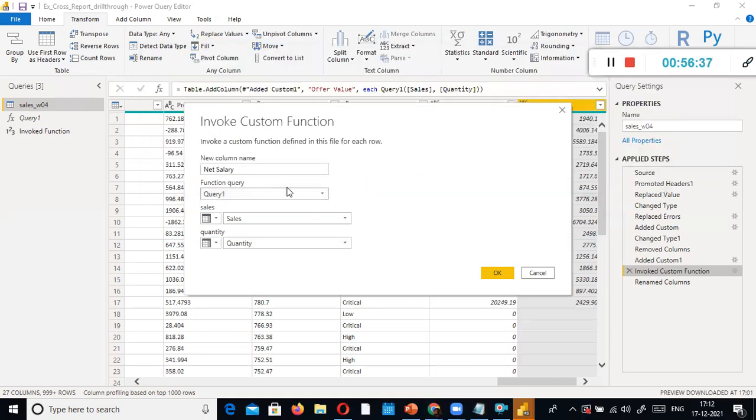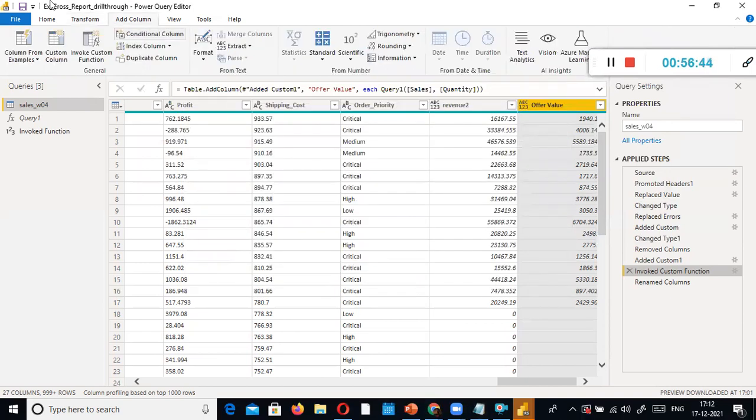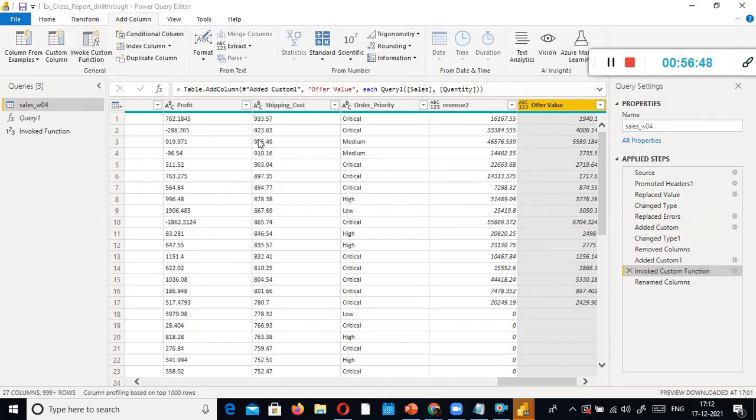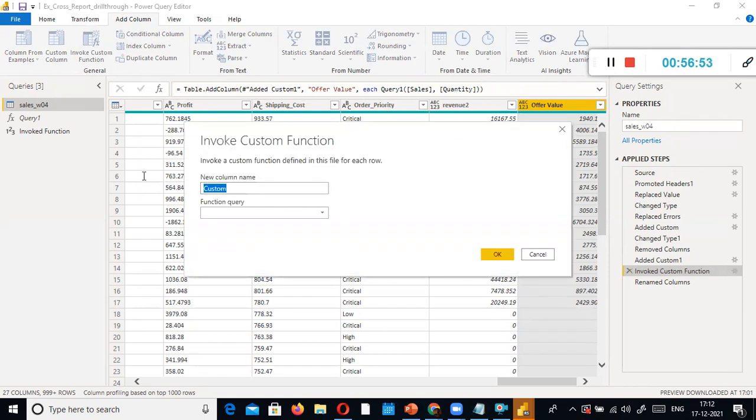What you are doing here is, in the invoke custom column function, one second, in the invoke custom column function, you need to say what is the new column that I want to create. I want to find out the net salary. Create a column which will hold the net salary. For that, which function do you need to call?